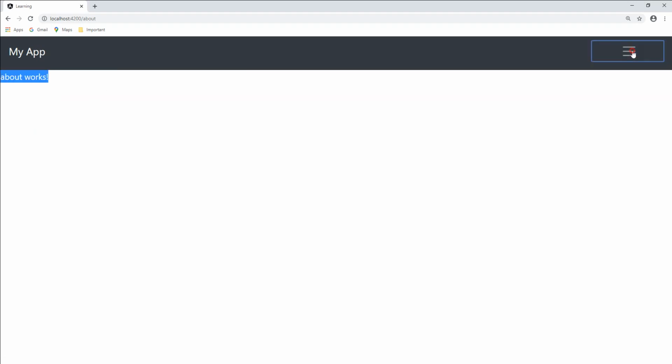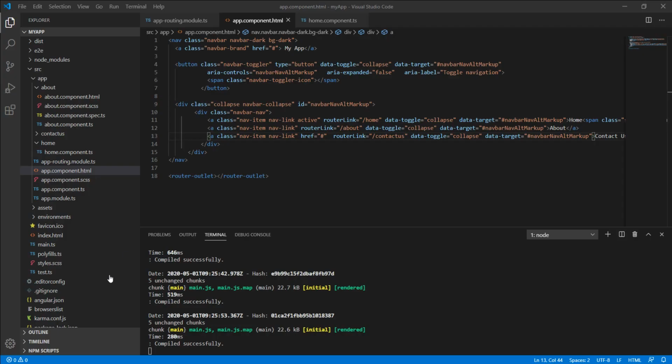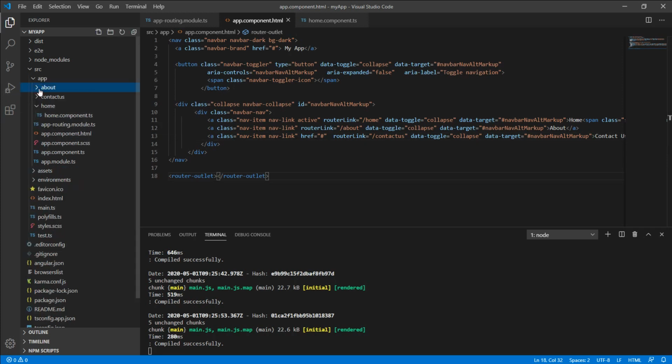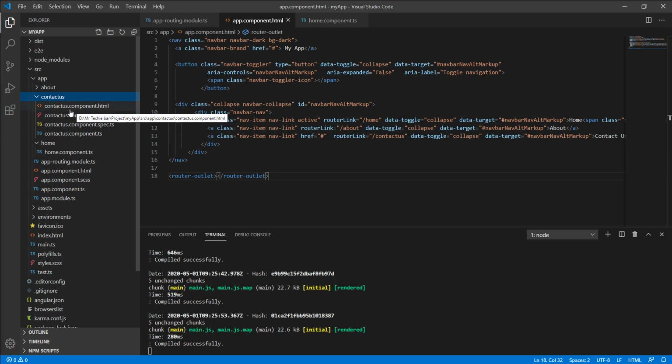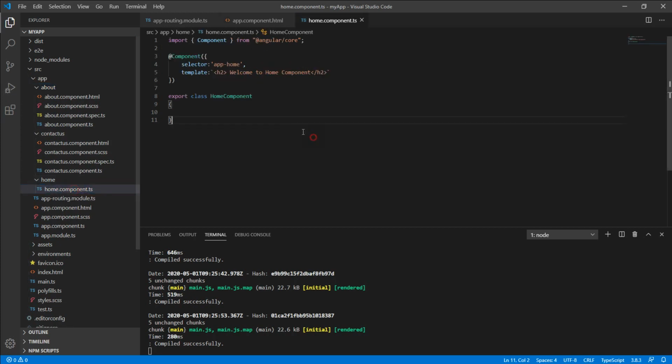Yes, so the about component is also working, and contact us is also working. Okay, so using the Angular ng command we have created two components, contact us and about component. You can see that when we created a component manually, there is only a single file where we mentioned the template and also the component class.